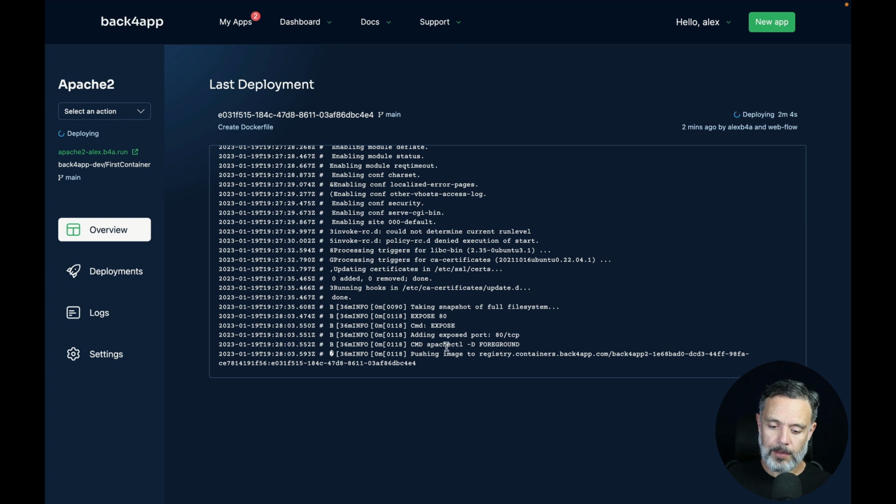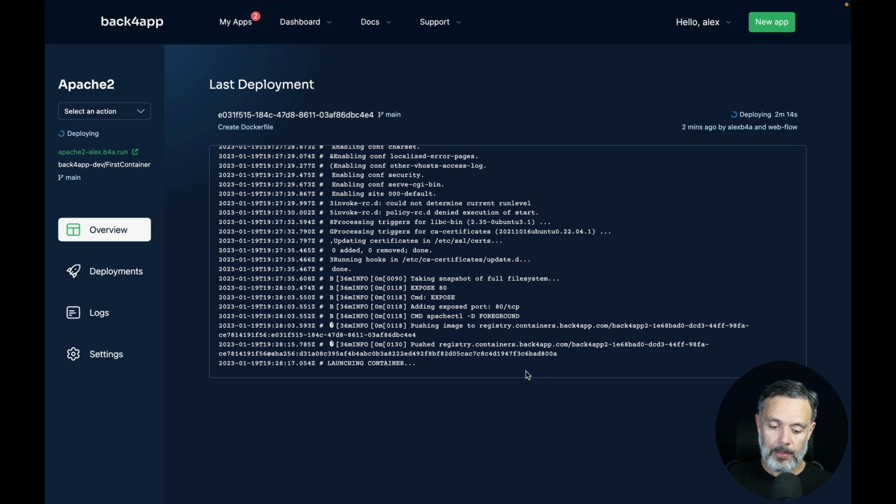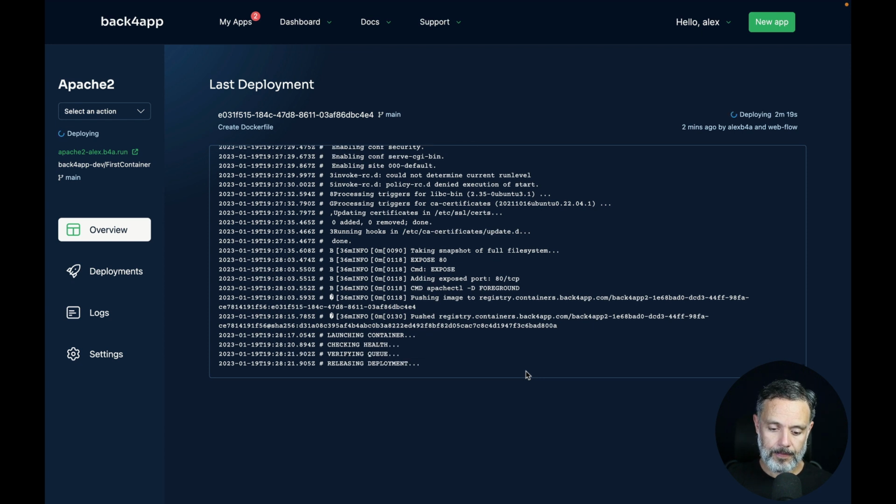Now it's starting apachectl -D FOREGROUND, which is the command that will run the Apache server. It's now pushing the image to the registry in Back4App. It will launch the container, check its health,